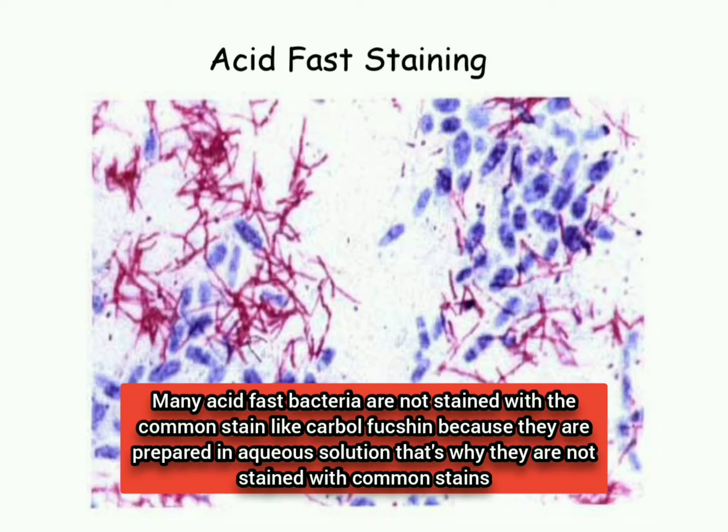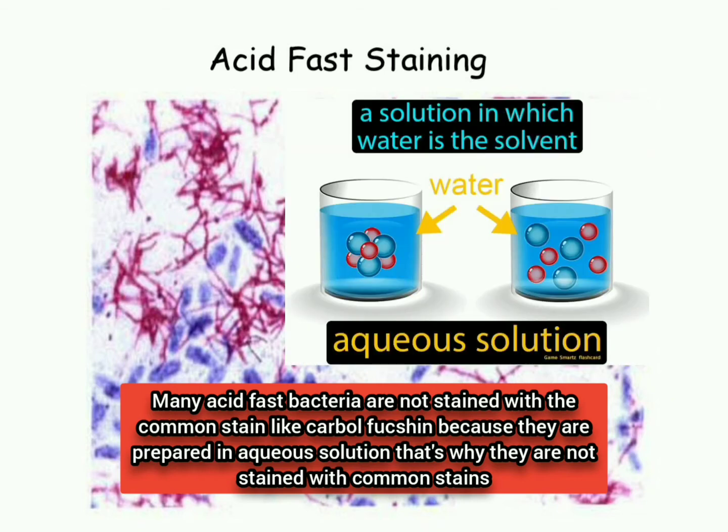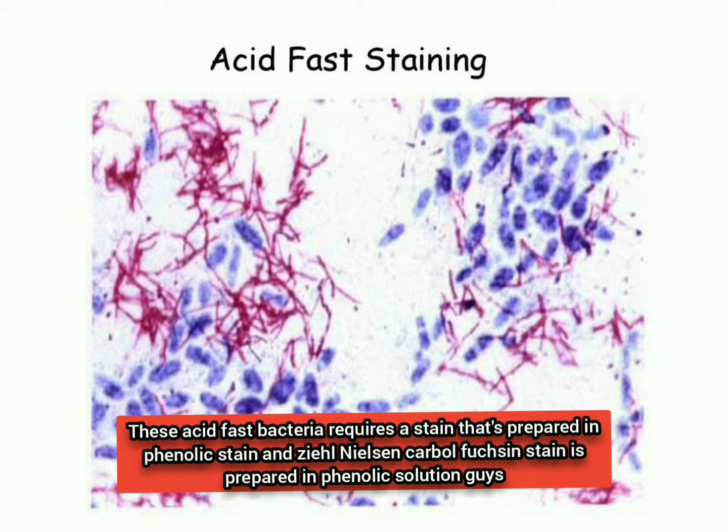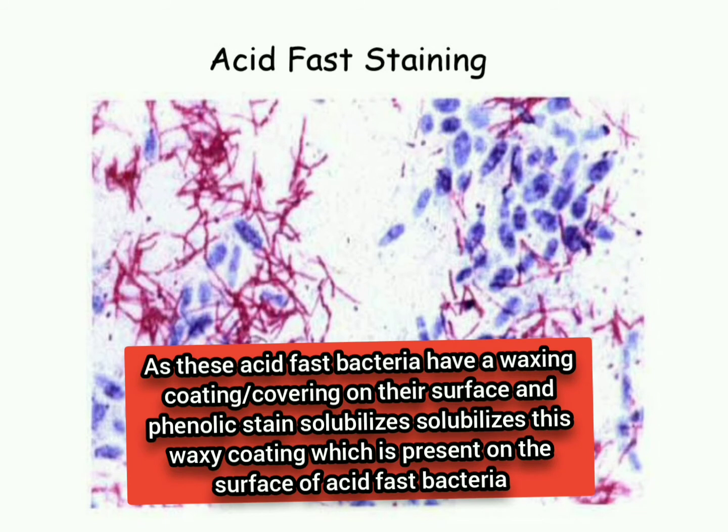Many acid-fast bacteria are not stained with common stains like carbol fuchsin because they are prepared in aqueous solution. That is why they are not stained with the common stains. These acid-fast bacteria require a stain that is prepared in phenolic solution, and Ziehl-Neelsen carbol fuchsin stain is prepared in phenolic solution, guys. As these acid-fast bacteria have a waxy coating on their surface, and phenolic stain